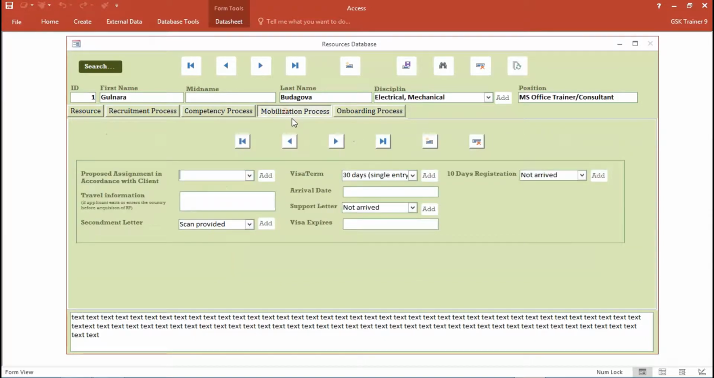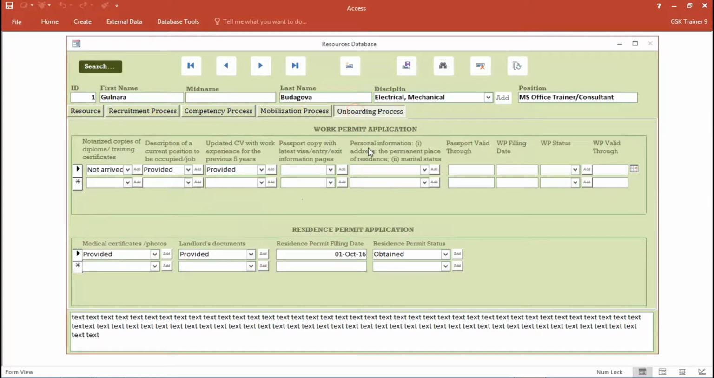The next tab is mobilization process. It contains information about visa, arrival date, and things like that. And onboarding process: in case the candidate is selected and hired, some information is added to these fields. As we can see, the data is quite complicated in terms of the amount of information